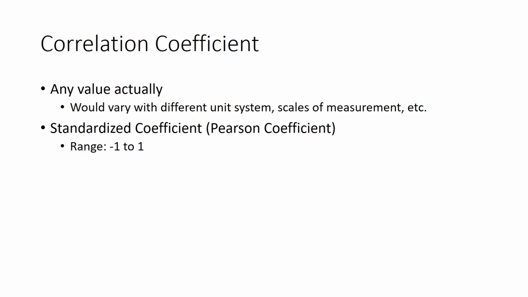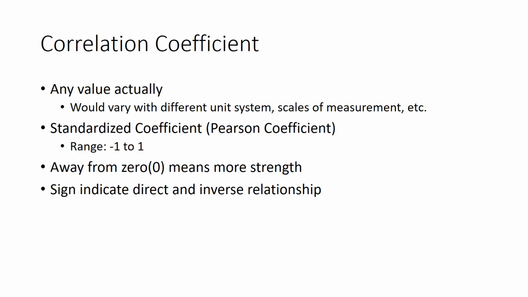In general, values of the correlation coefficient away from zero mean the data sets have some strength in their correlation, and if it is zero, there is no correlation. That is the general notion. And then the sign, positive and negative. In the range, we have -1 to 0 and 0 to 1, two halves. The negative sign indicates an inverse relationship: one increases, the other decreases.